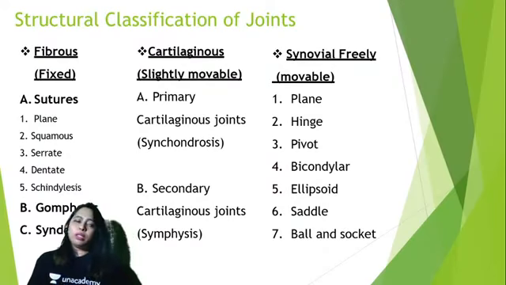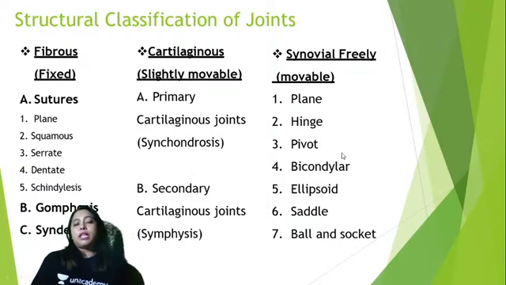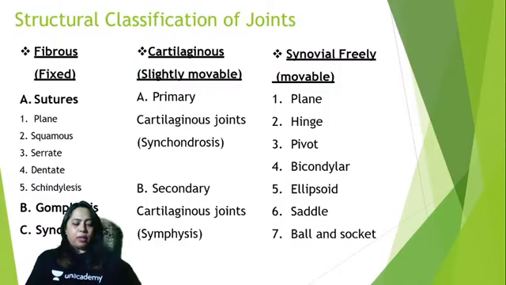Thank you. I hope you all understand and you'll be able to relate these things to your clinical aspects, because most of the time the questions asked are, for example, on Gomphosis. Just by looking at the name Gomphosis, it is very difficult to know what they're talking about. Gomphosis comes under the category of fixed type of joints. So it is very important that you remember this particular chart or the PPT of classification. And synovial joints, what are the features? When do you call it a synovial type of joint? It is very important to know all this.